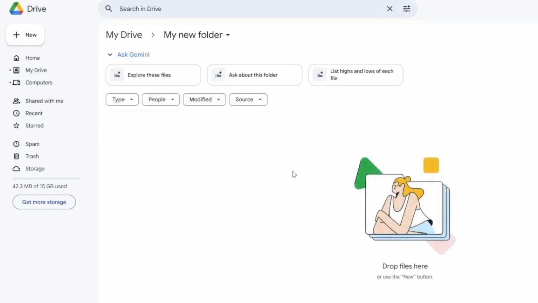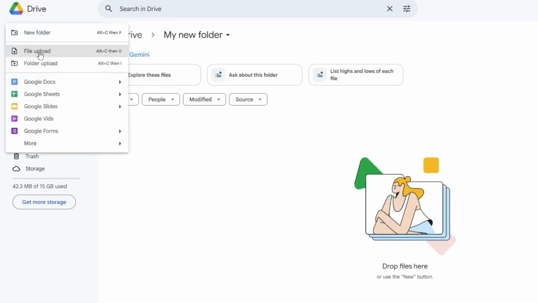Once inside the folder, you can upload files, create new Google Docs, or even create more folders inside it to